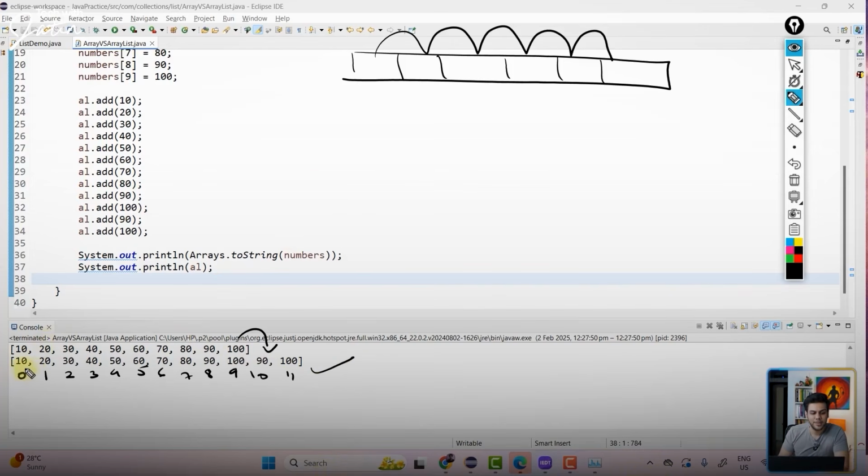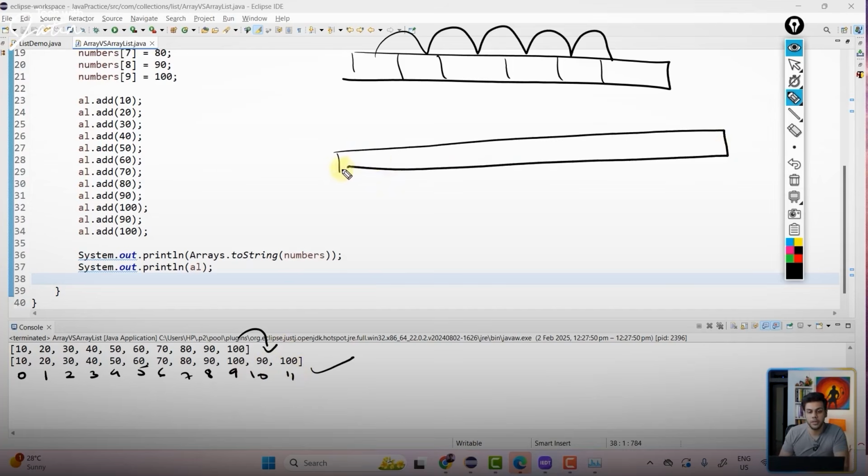Meaning, this 10, 20, 30, 40, 50, 60, 70, 80, 90, again 90 and again 100. These are all the elements which are stored one after the other. Are you getting the point?